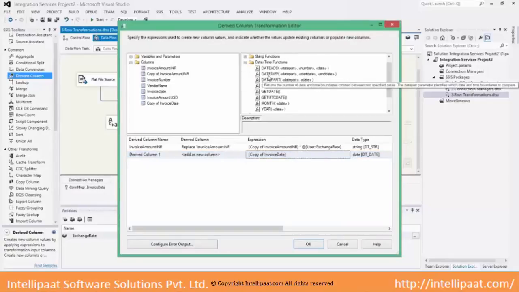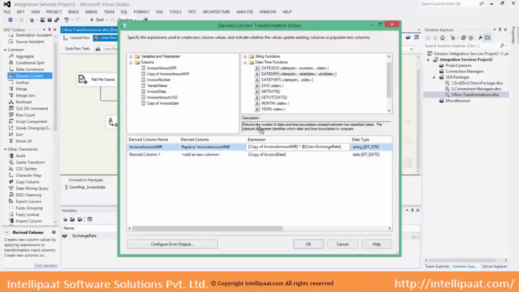go to date functions. I need date difference. So I'll pull this date difference function, and in this function start date is my column and end date will be current date, due with respect to the current date always. So I'll pull get date function, and date part I want difference in months, date difference in months. So this is a short key for months. I'm done writing the expression. For days DD, years YY.